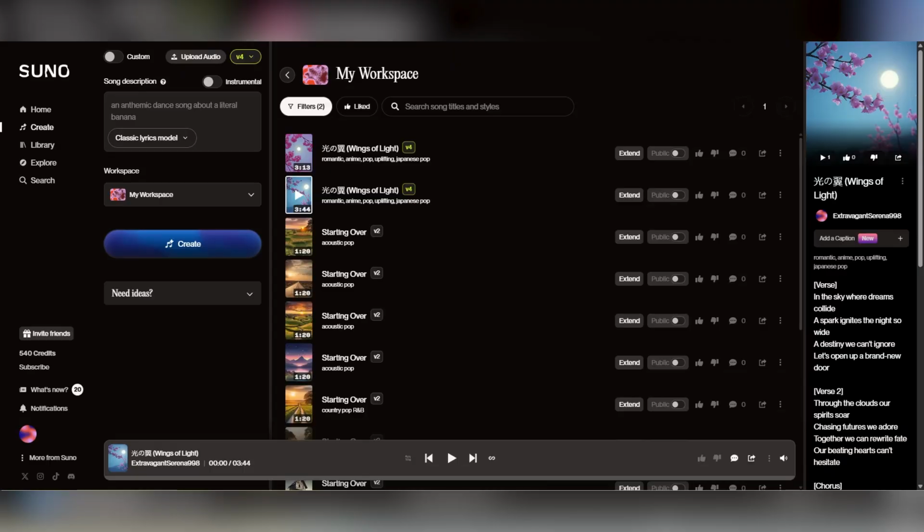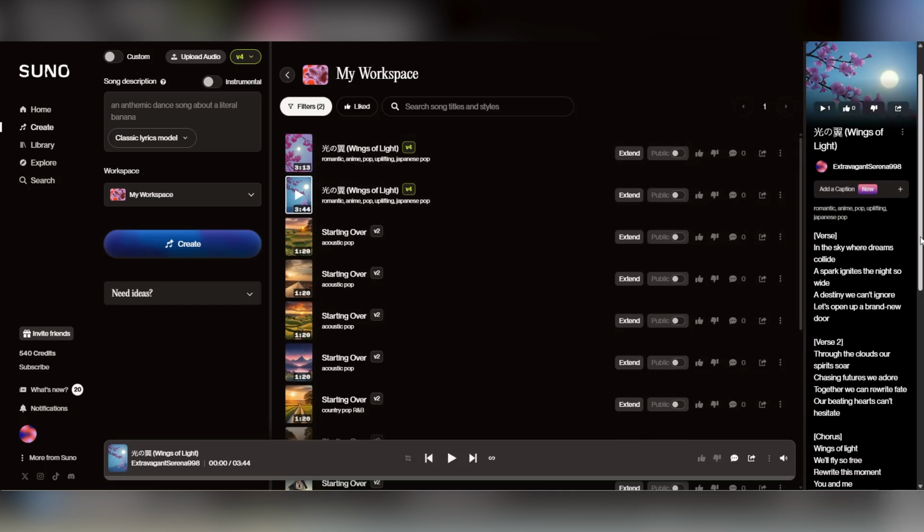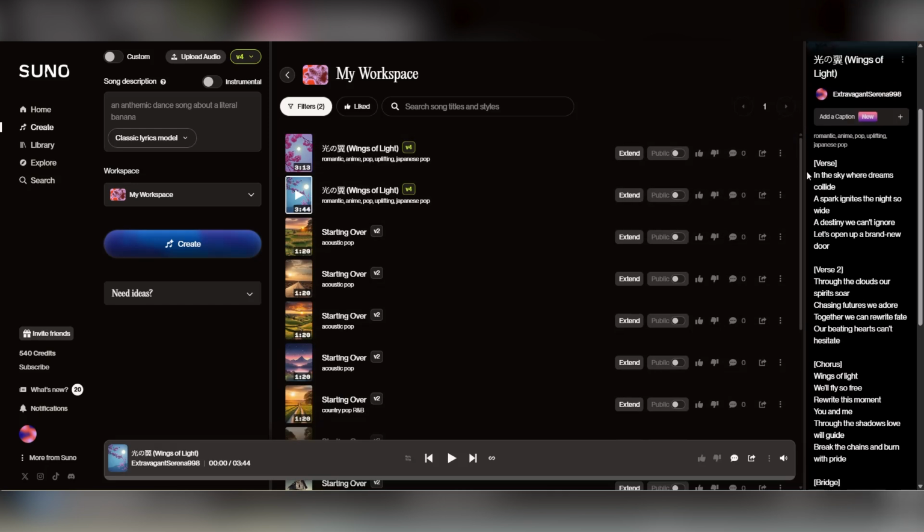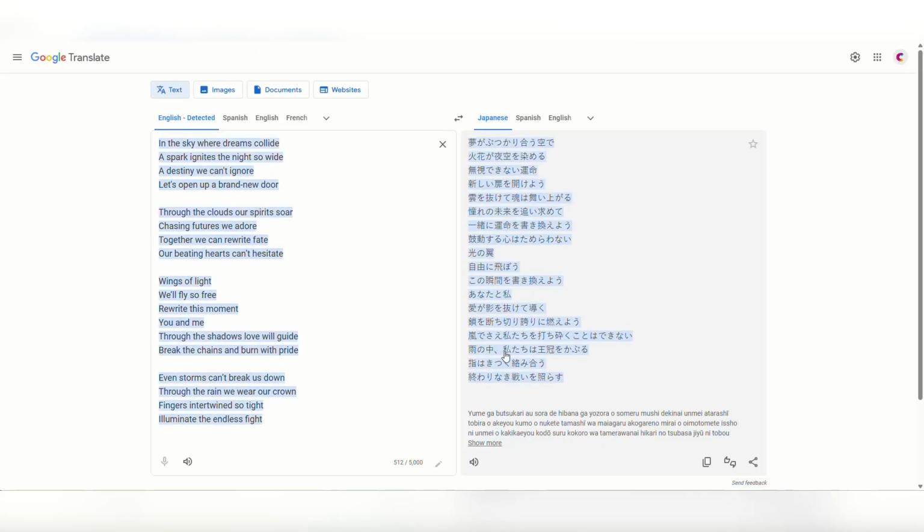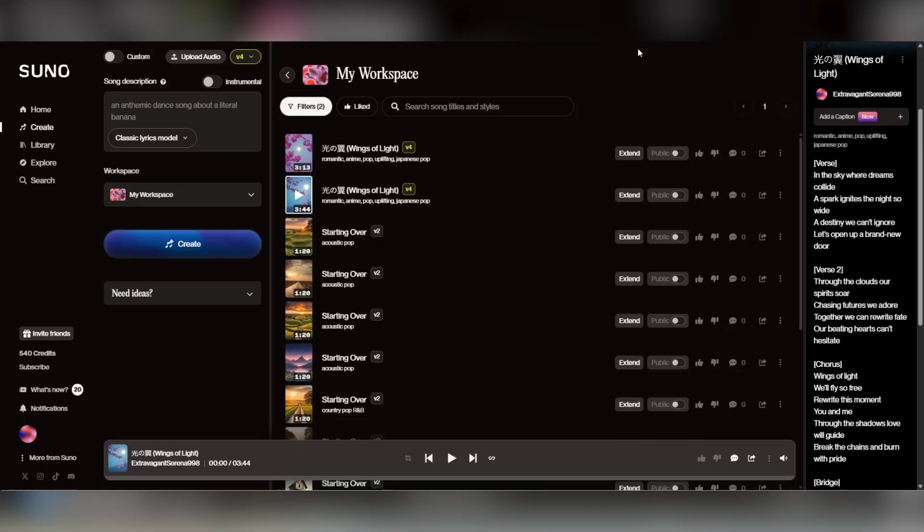So go to Suno.com and create a free account. Here you'll get about 500 credits to use daily, and Suno will create good length songs for you to use. So when I first attempted to create a song, it gave me English lyrics, and I wanted them in Japanese, so I took the same exact lyrics it gave me in English and dumped them into Google Translate and had